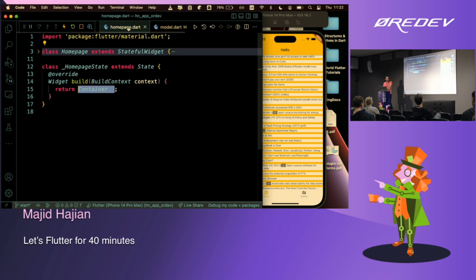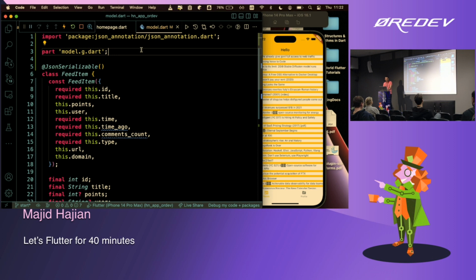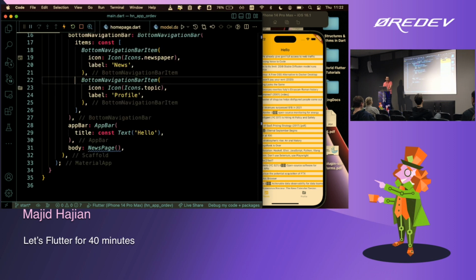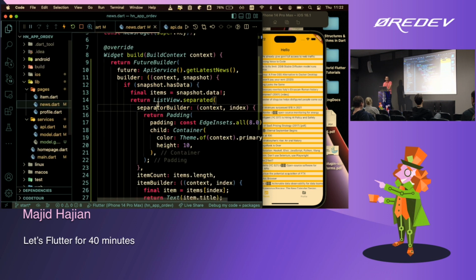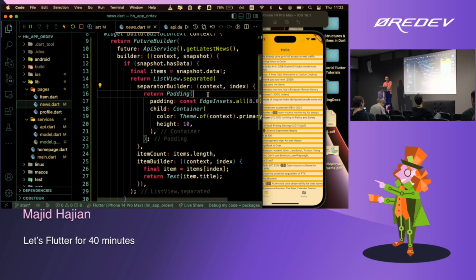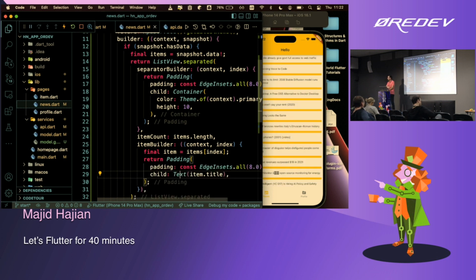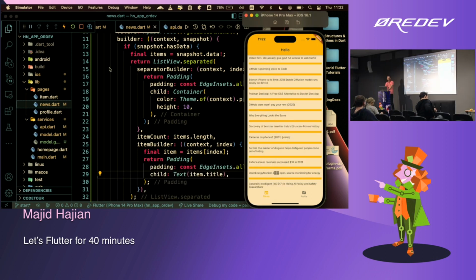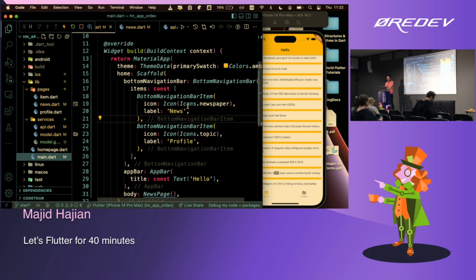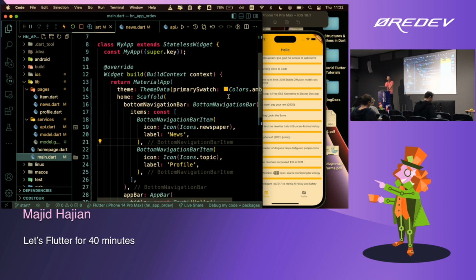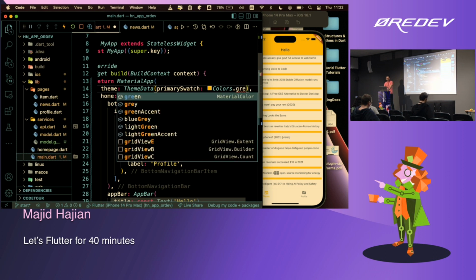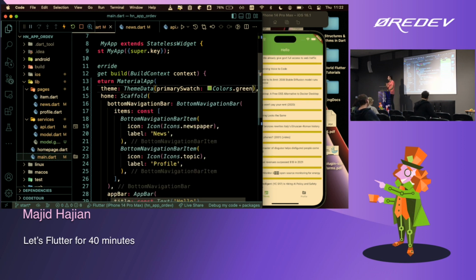Where did I go? Okay, there you go. So just give that a padding, and it will add a padding here. Even to the text, I can add a padding, wrap it with a Padding. That's changing the padding. Why did we do that? Last thing, and then you can go and grab your coffee. If I now change my color from amber to green, everything will change to green, even the one that I get from the theme.